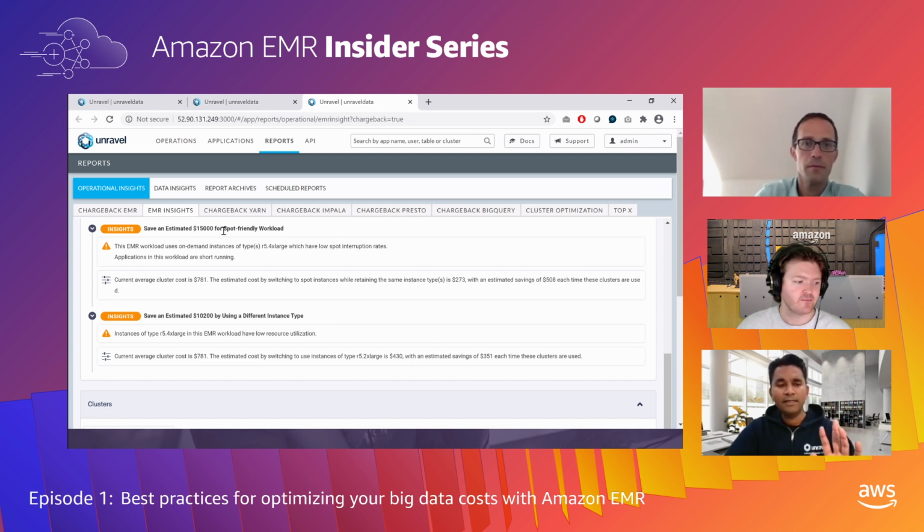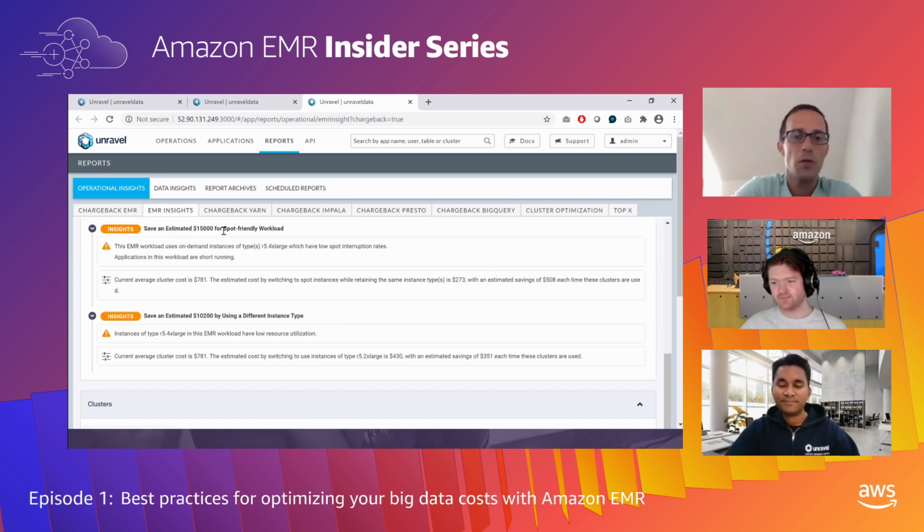As Roy was explaining, using Spot. That's the other great insight. Yeah, sorry to cut you off, Kunal. I think that's a really great insight, right? Because we hear a lot from customers like, hey, you tell us use Spot. Spot's great, but when do I use it, right? This is a perfect example of when to use it.